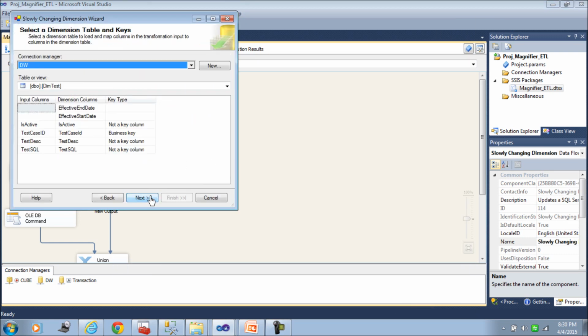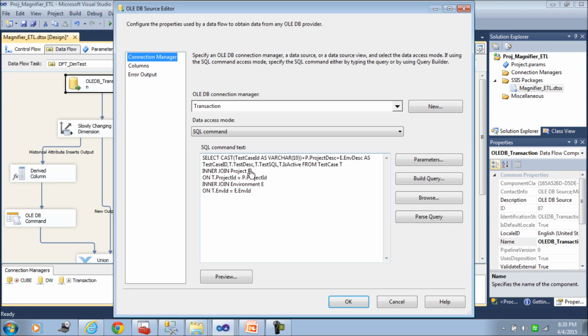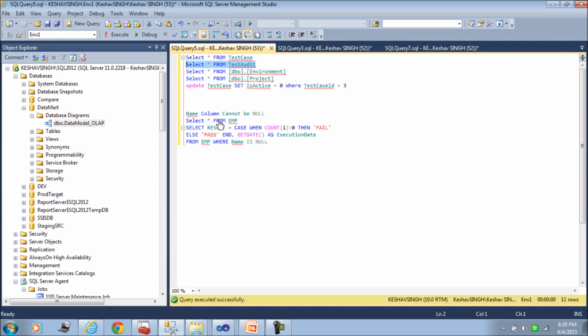The test case ID that I'm going to populate would be your test case plus your project and your environment. So in one of the servers you can have a test case for one particular project of an environment. So if the test case ID is 1 for a particular environment, if I were to show you here,